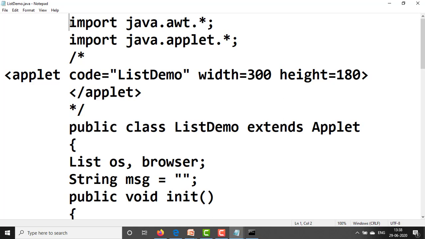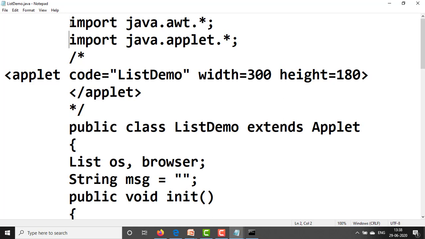Then start a multi-line comment, take the applet tag, applet code equal to ListDemo. Here ListDemo is the class of our list, width 300, height 180, close the applet tag, close the multi-line comment. Start our class: public class ListDemo extends Applet, open curly bracket.